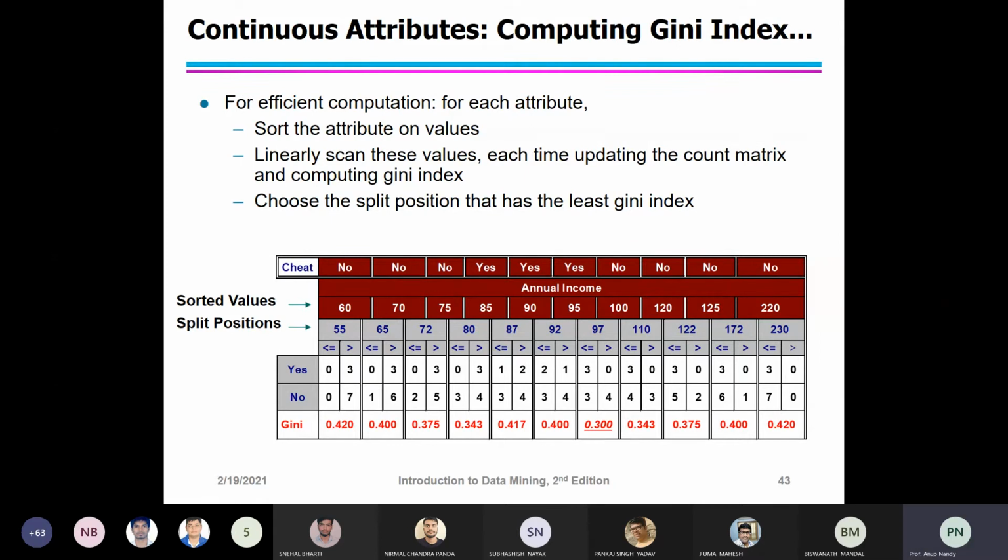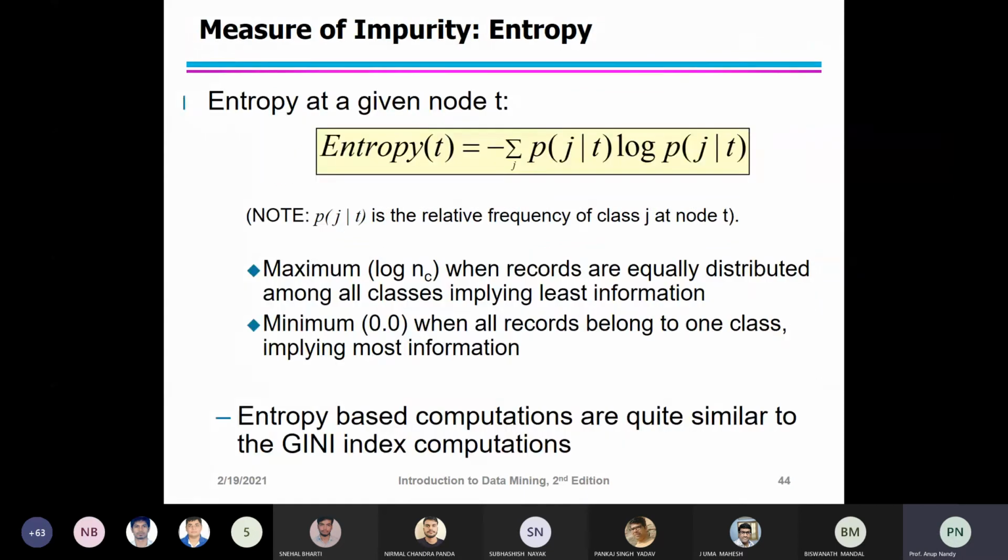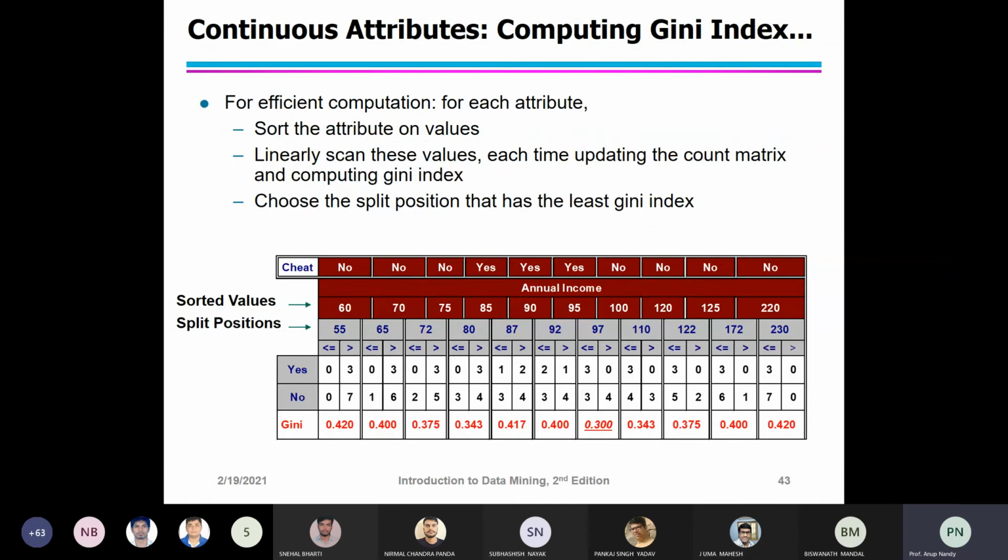Now 0.300 is the best split you can have, because it produces the lowest Gini index. This approach allows you to reduce the number of candidate split positions from 11 to 2.